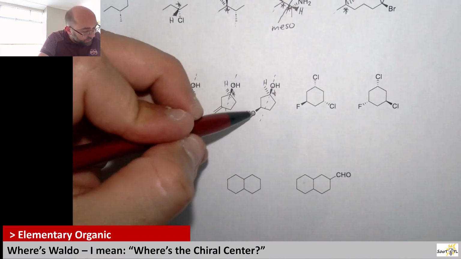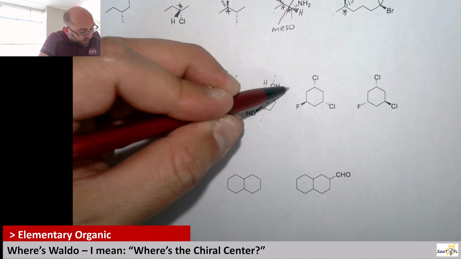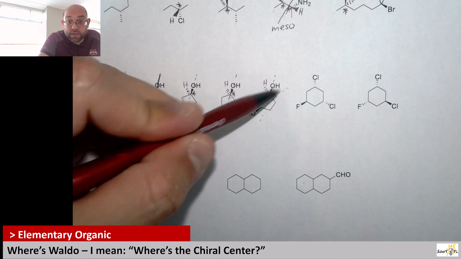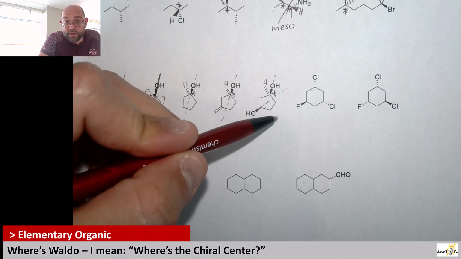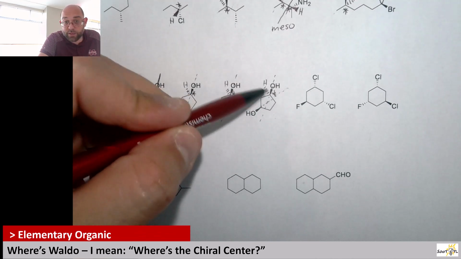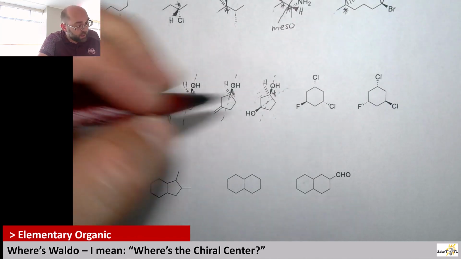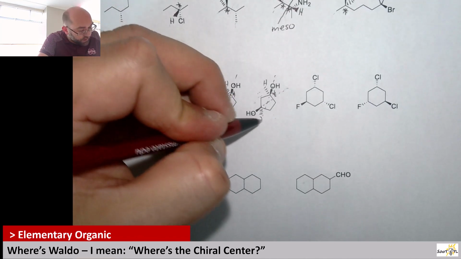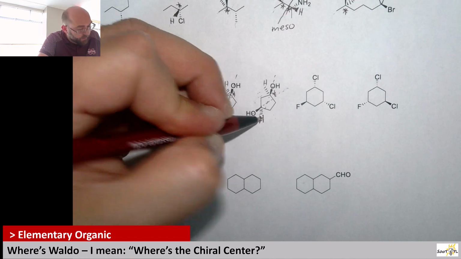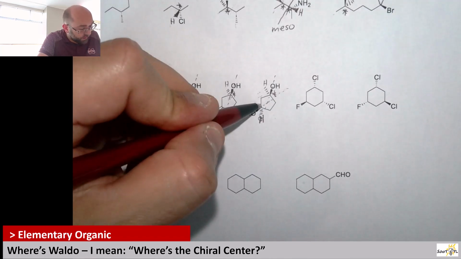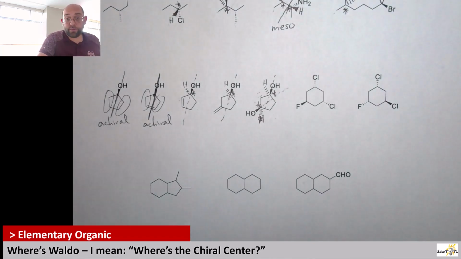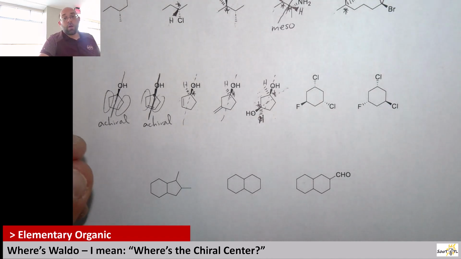And if I do the same thing to this one here where I cut it there, cutting along this line right here, I see that this side and this side are different, right? This side has the OH up there and this side does not. And there's also that understood hydrogen. And so with that, this is also yet again another chiral center. It's got 4 different groups on that carbon. All right, now